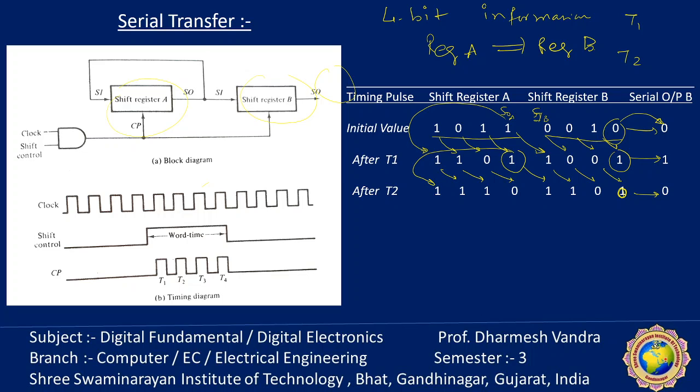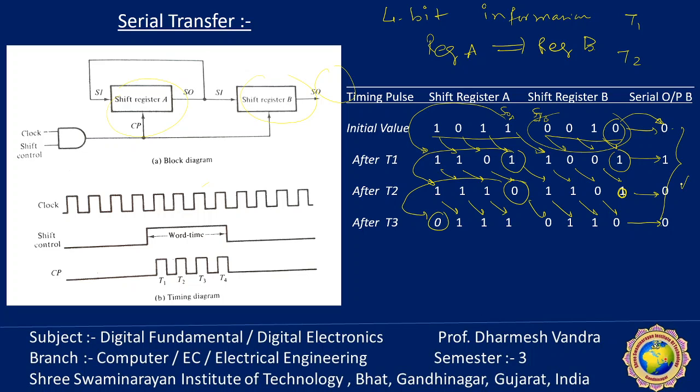Okay. Again the third clock pulse, this 0 is first shifted one step here as well as to the serial input of itself. Then 1 is shifted here, the second one is there, this one will be shifted here, this one 1 and 0, and this 0 is there on our serial out. So here see 0 1 0 0, this is the register B. Register B content is serially shifted.